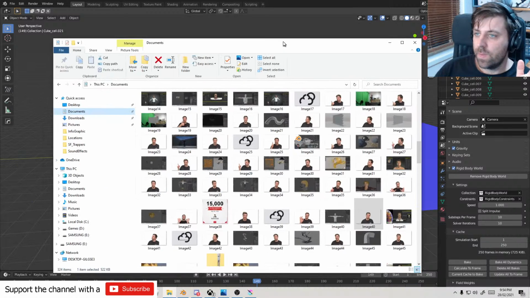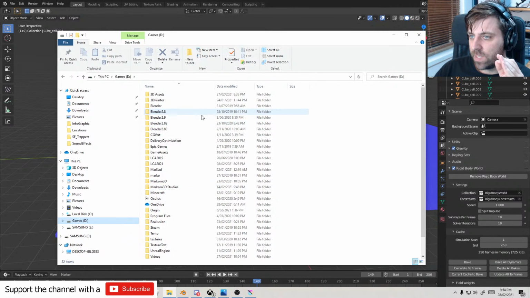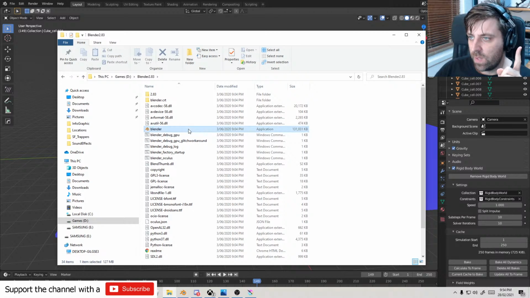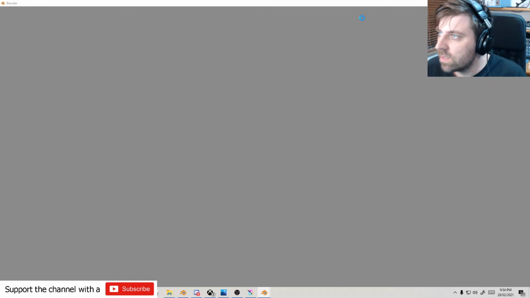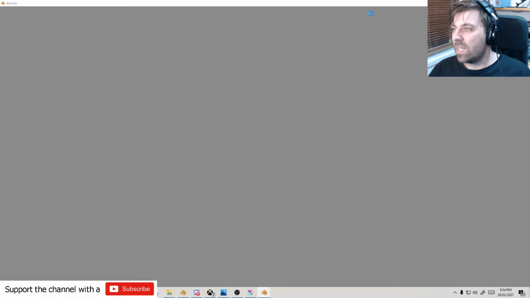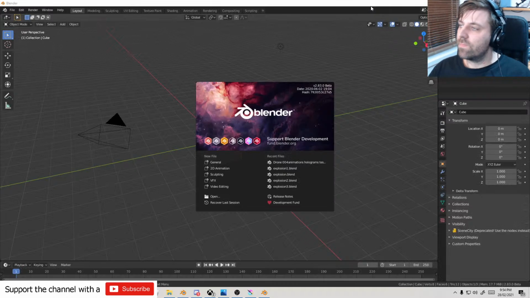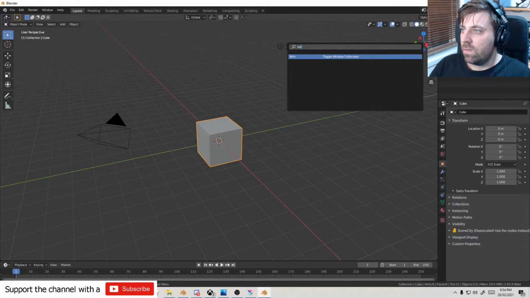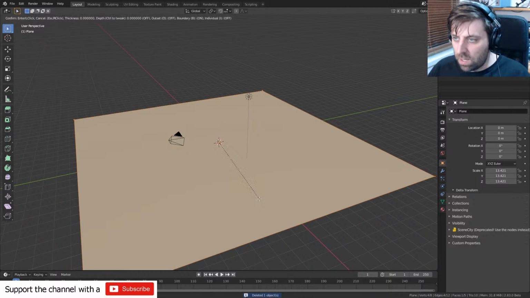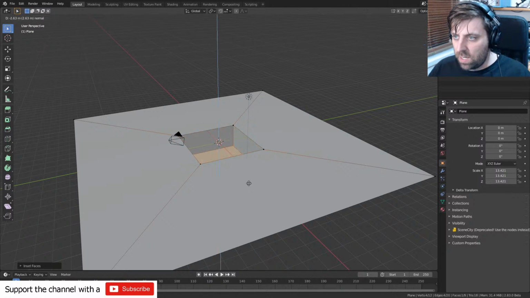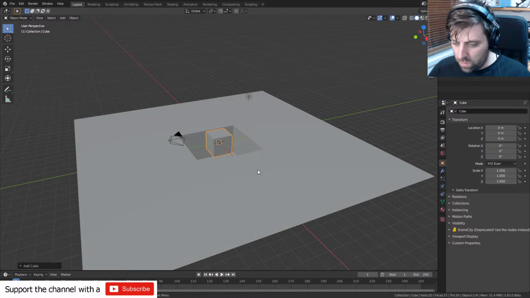You know what? What are the chances? I'm just going to go to Blender 2.83. I was going to pick a random Blender version. So we've tried a cube, we've tried a plane, because I've just upgraded to Blender 2.92. Let's just have a look. Toggle full screen, beautiful. Delete, mesh, plane, scale, I, G, E, Shift A, cube, rotate,